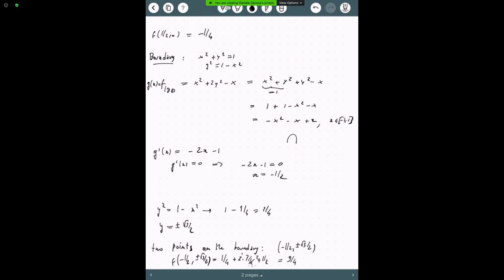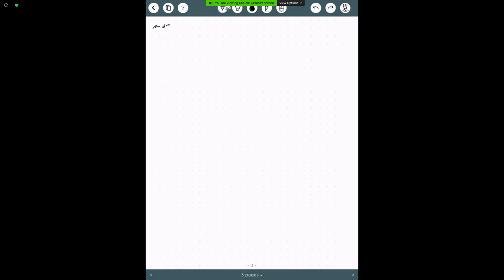So it looks like the max is attained at the point minus 1/2, plus or minus this, and the min is attained at this point. Yes. Let me see if I